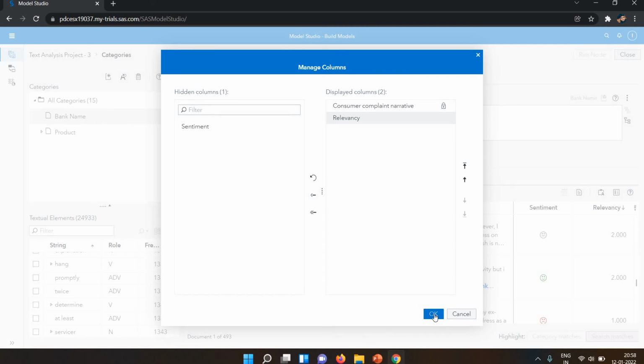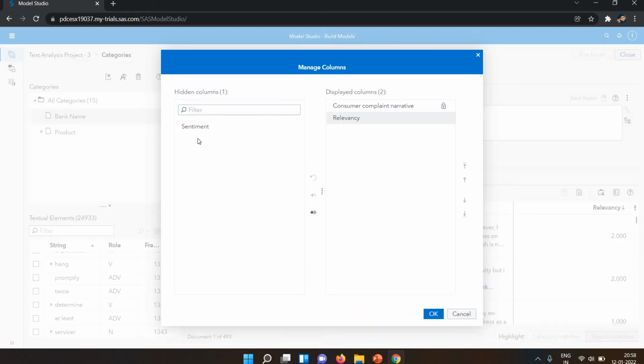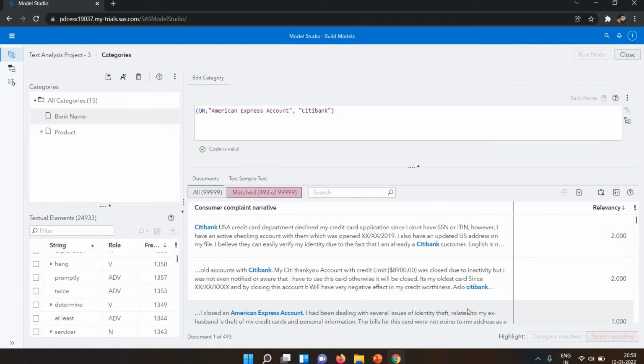I want only these two fields. Now you can see we have the consumer complaint narrative and the relevancy, and the other things are hidden. So if you want to hide something, you can hide, and if you want to manage your columns, you can manage.